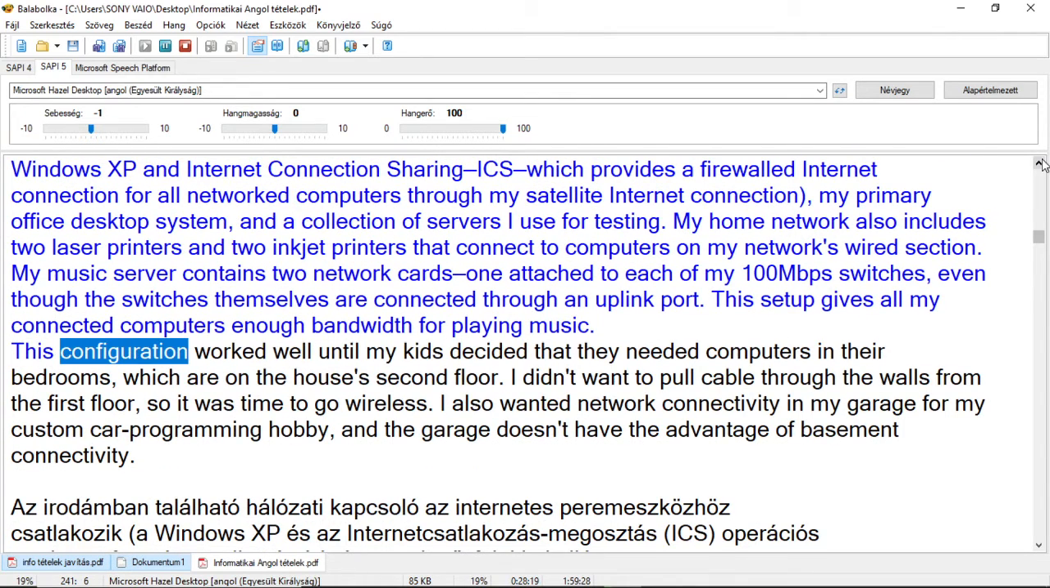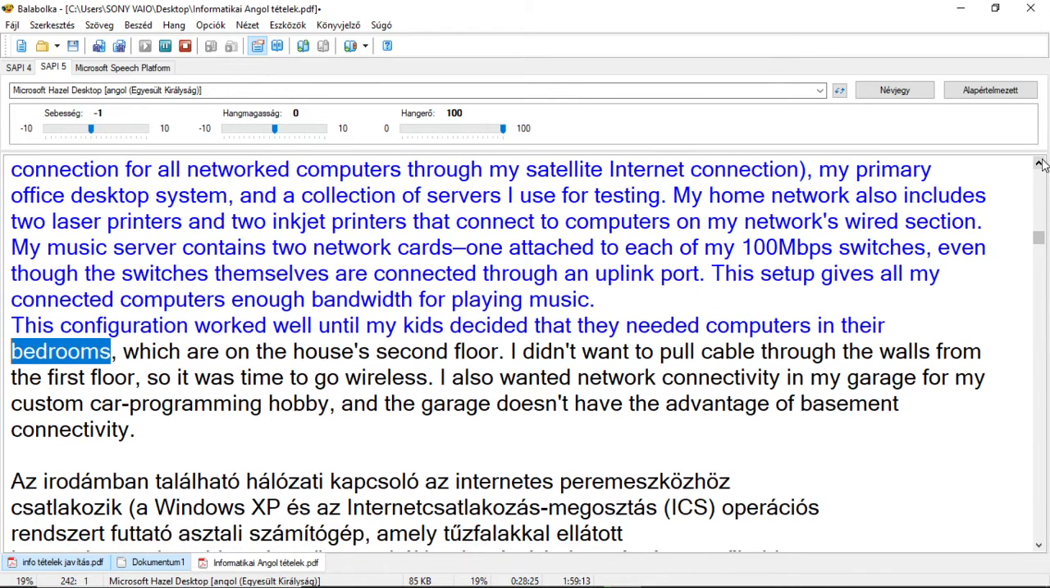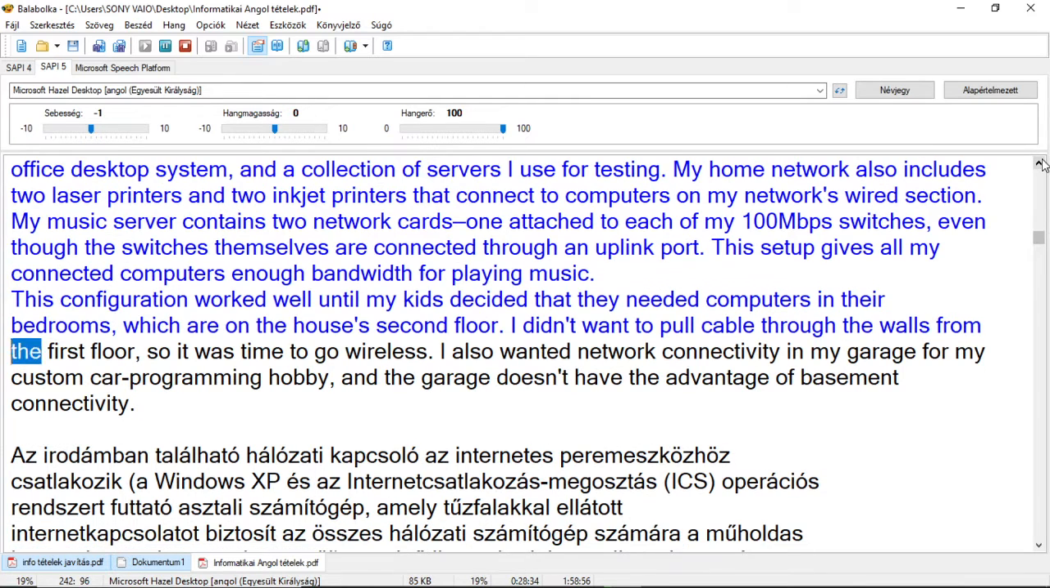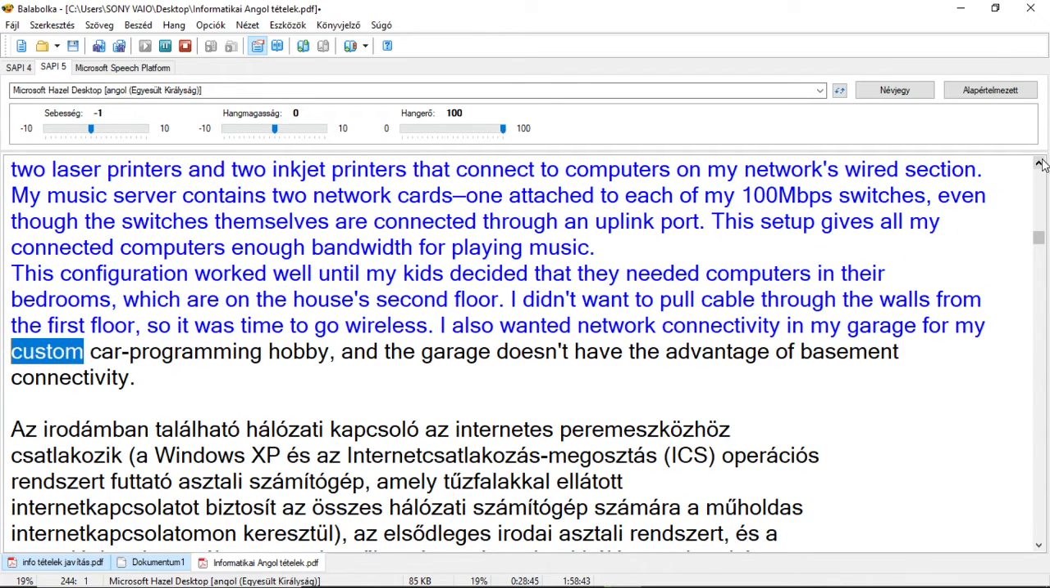This configuration worked well until my kids decided that they needed computers in their bedrooms, which are on the house's 2nd floor. I didn't want to pull cable through the walls from the 1st floor, so it was time to go wireless. I also wanted network connectivity in my garage for my custom car programming hobby, and the garage doesn't have the advantage of basement